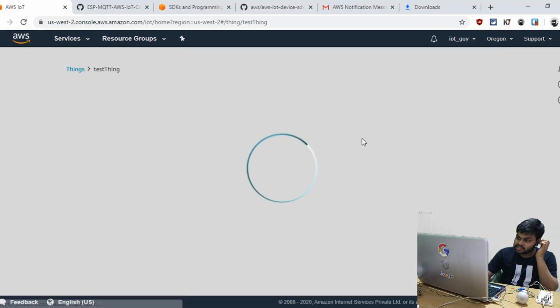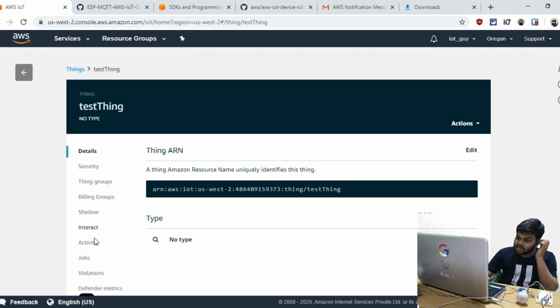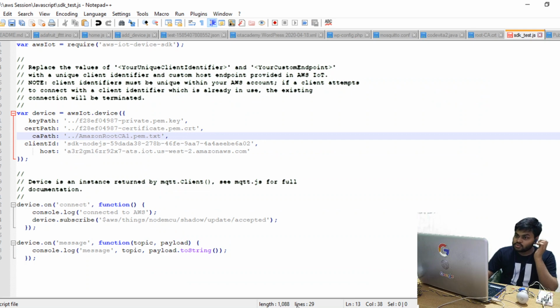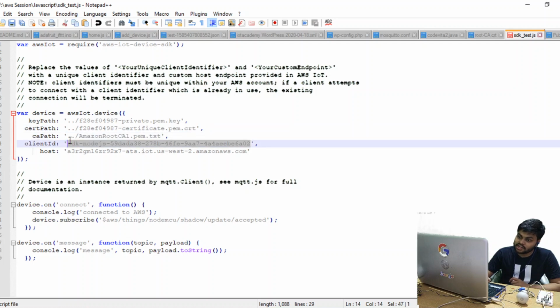In things we have test thing. In test thing we have interact shadow. Let's click on interact. Okay, in interact we have HTTPS, and this is the URL, the broker URL of our account of this user. And client ID, it can be anything. Client ID is not specific, it is randomly generated.